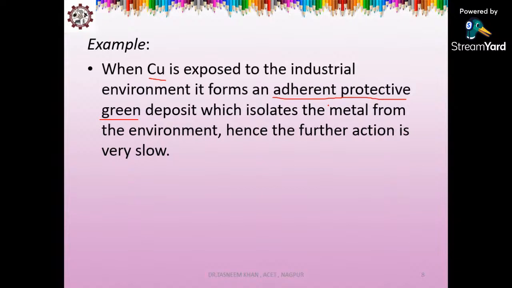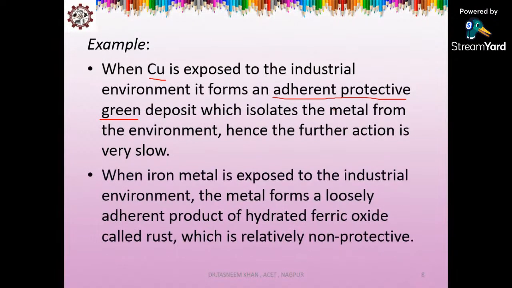अगर हम वो मेटल की लेयर, जो ग्रीन कलर की प्रोटेक्टिव लेयर है, उसको अगर हम स्क्रैप ऑफ कर देते हैं या हटा देते हैं, तो metal is exposed to the environment again, and again it will react with the environmental component, and the metal will undergo corrosion process, or it will again form more adherent protective green deposit. Clear? So when we talk about iron metal, which has been exposed to the industrial environment, it forms a loosely